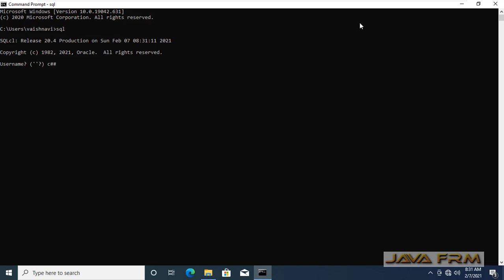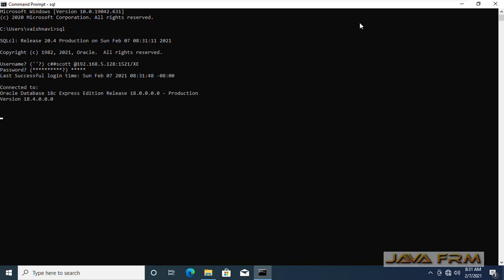I am providing one user called C##Scott, which is already available in the database, at the IP address where the database is running. Sometimes you can log in directly. So 1521/xe, provide the password. Yes, I am able to connect.